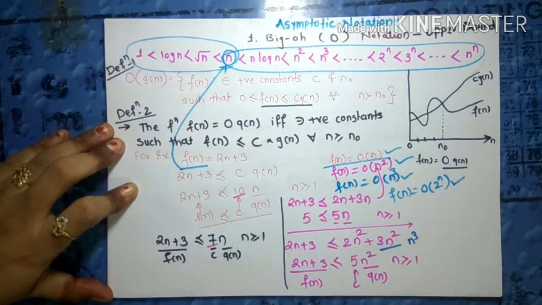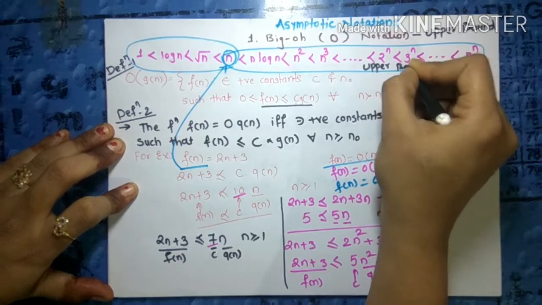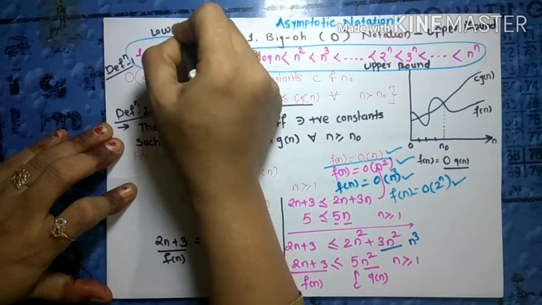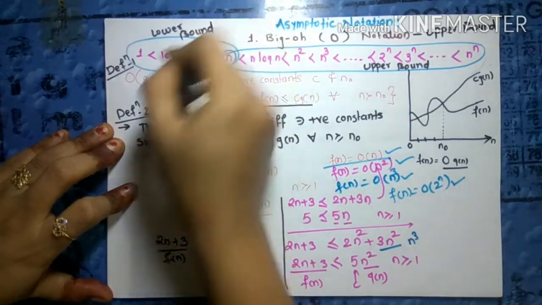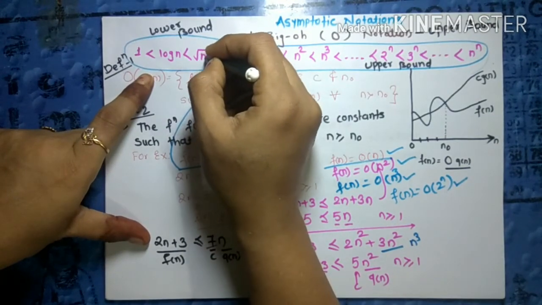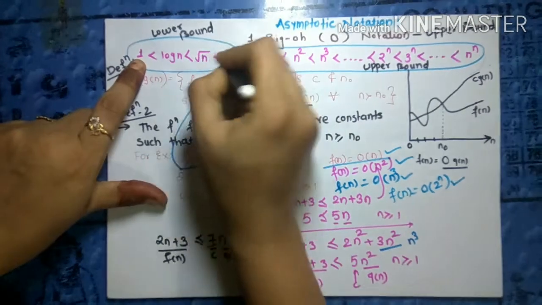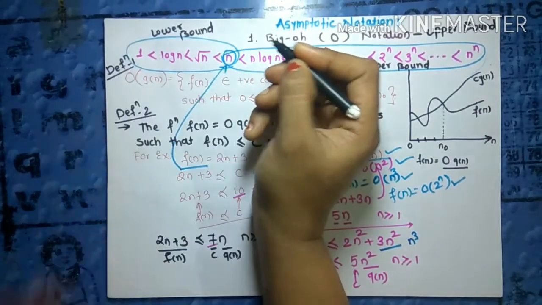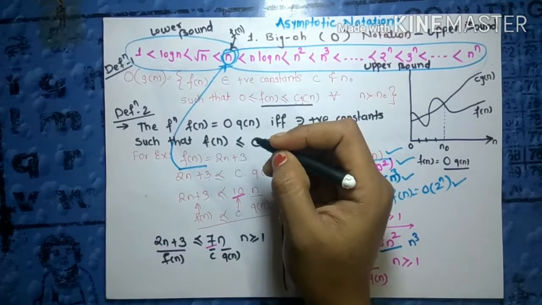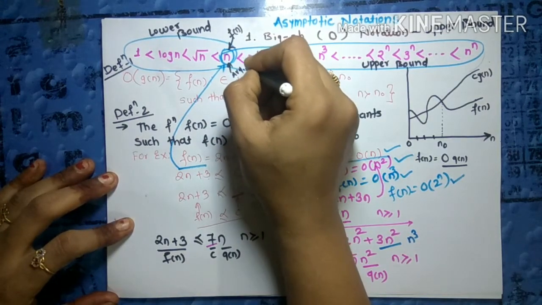These all are the upper bound values, and these all are the lower bound values. In lower bound also, though the time complexity for root n is also true and for the constant 1 is also true, we have to select the closest one to f of n, because this belongs to the f of n category. So this is the average bound. Average bound.